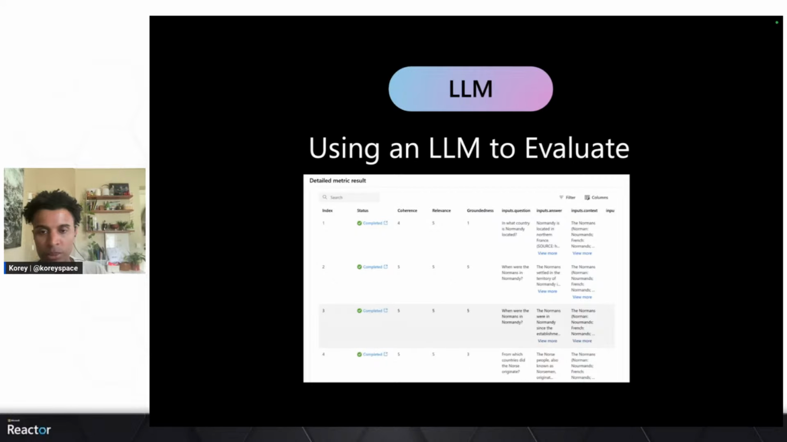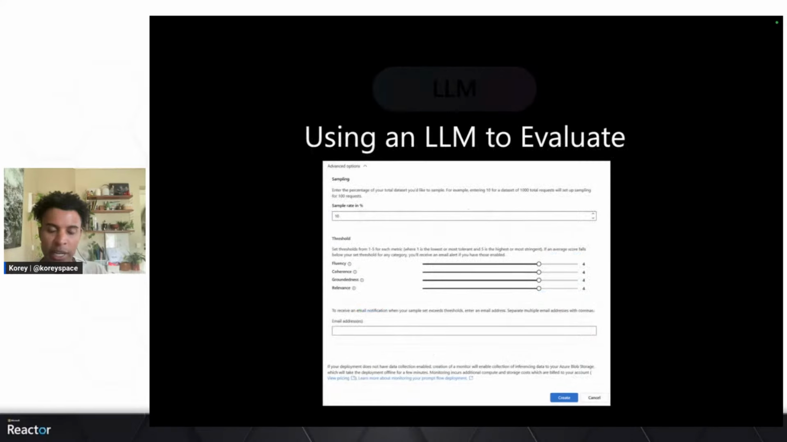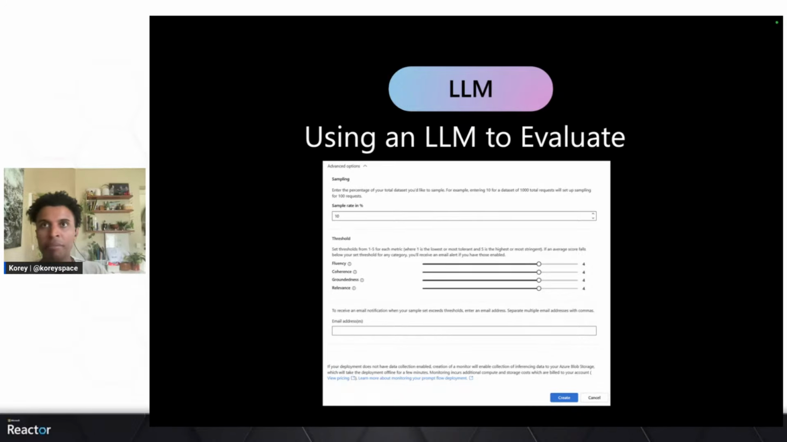So it's an interesting way, and I think that's the best way to monitor these applications at scale: to use a large language model. But obviously that comes with a cost, because you're using a large language model to evaluate another large language model. So within all the tools out there, specifically here when we talk about AI Studio, we can do things